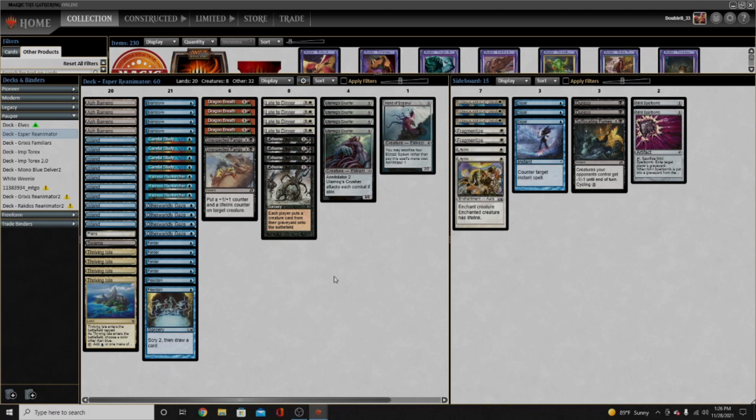I'll definitely be playing more of this deck. Probably play a little bit of Thorax, maybe some Mono Blue Delver, maybe some Elves. As you can see, I've got a fair number of decks here. Maybe some White Weenie. But I'm definitely gonna be coming back to this deck, teching it some more, and